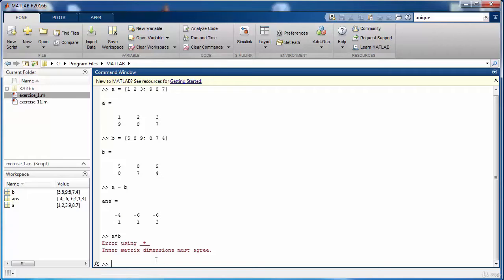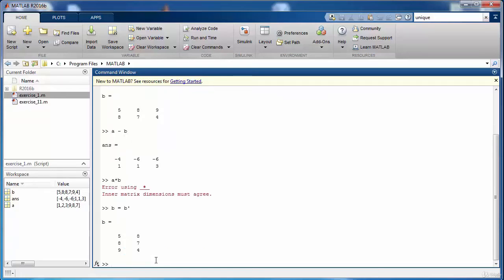In order to accomplish the multiplication, we take the transpose of the second matrix. Taking the transpose of a matrix is very simple, and we can do it by adding this sign, that is single quote, along with the matrix B. This sign is the one which is close to the enter button on the keyboard, and on many keyboards you will find double quotes on the very same button. So this is going to perform the matrix transpose operation.